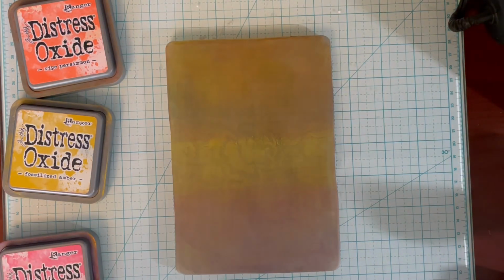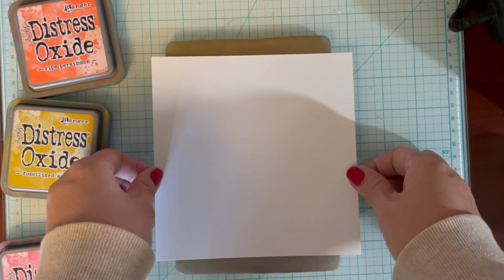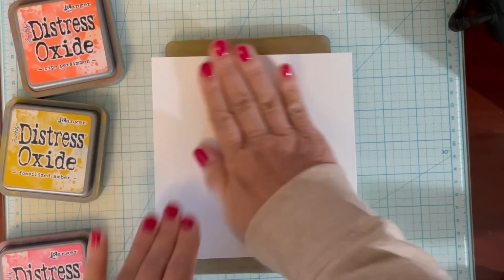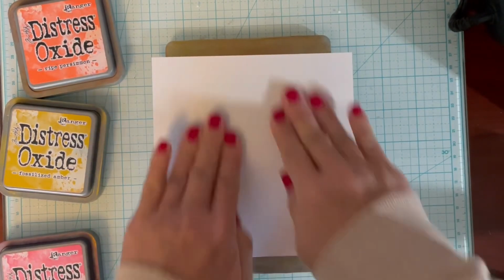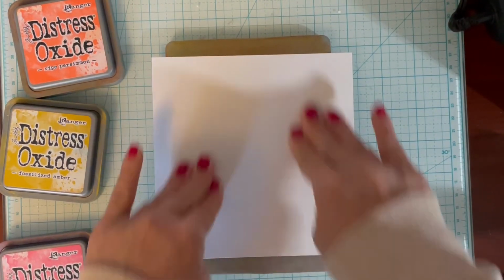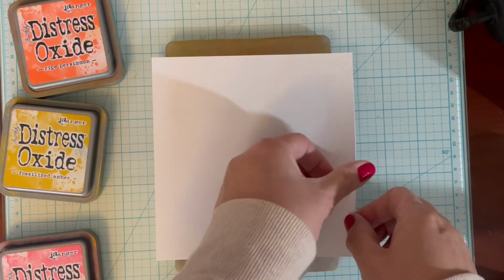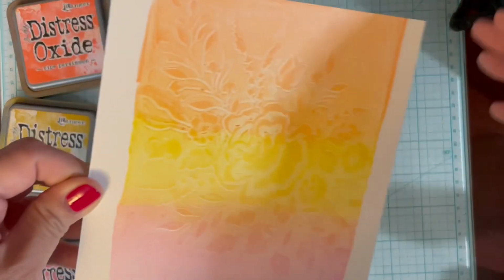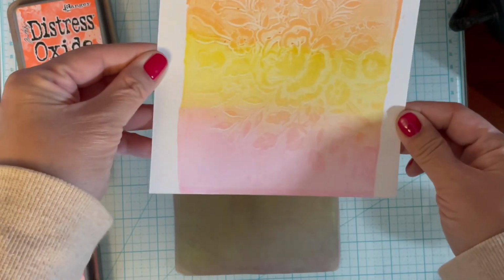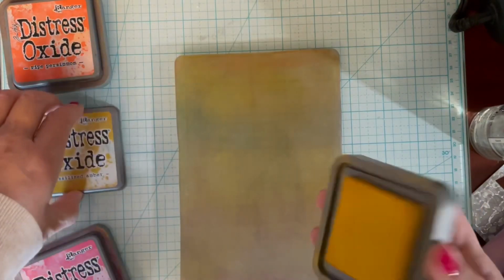Now, the other thing I wanted to do was just show you that if you want to also pull up this color on here, you can do that as well. And you can see the image of the flower on here. I'm going to repeat the technique again,